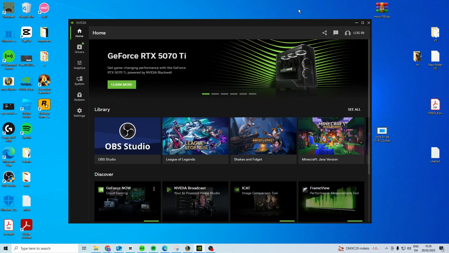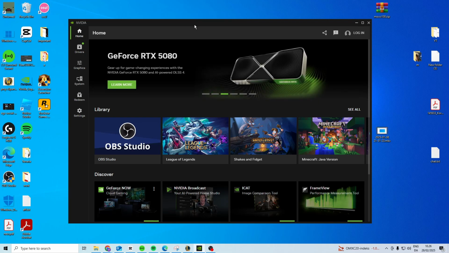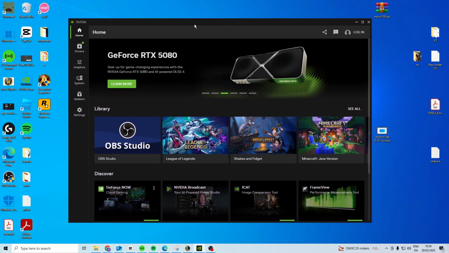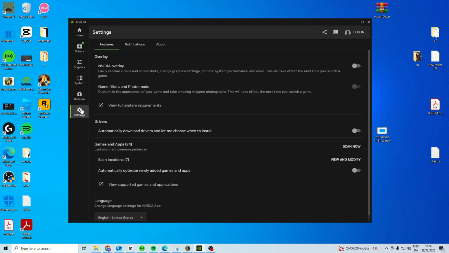In this video, I'll show you how you can fix the NVIDIA app is causing lag. Now there are two ways that you can fix this, and these two fixes will work for most people. You want to open up the NVIDIA app, head over to settings, and in here you should be able to see the NVIDIA overlay as well as game filters and photo mode. Now you should turn both of these off, so make sure both of those are off, and this should solve